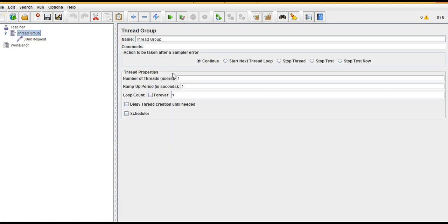So I'll go to the thread group and run it for 5 users at a time. So 5 browsers should open for my application. But basically this is not a good practice for integrating Selenium into JMeter, because here the browsers are getting opened. If you say run for 100 users, 100 browsers would open, which is not worthwhile.